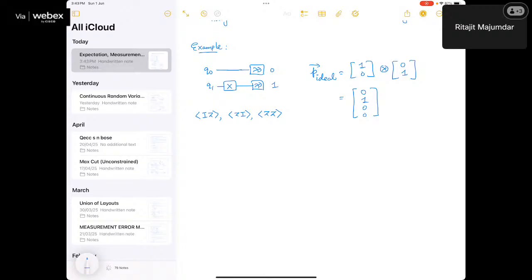If you calculate the ideal values here: what is IZ? We know that the state is 0, 1. So it is basically 0, 1, IZ 0, 1. And I hope you can immediately see this is -1, because Z acting on 1 gives -1. ZI will be +1 because the first qubit is in the state 0. Z acting on 0 does nothing. This is +1. And ZZ,